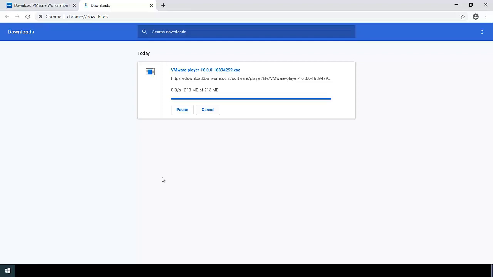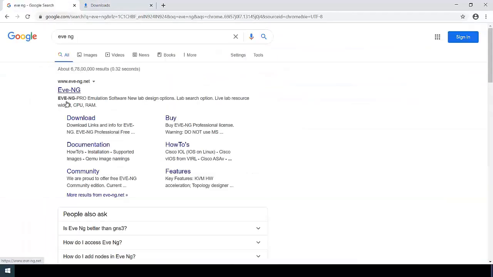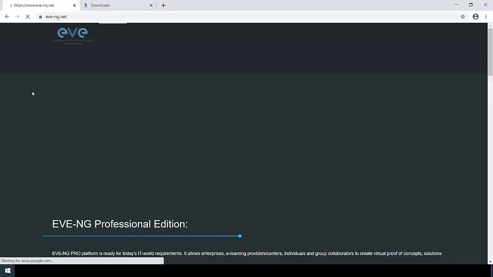Okay, so our VMware player is downloaded. Now we will download Eve. For downloading Eve, we can also go to the Eve official website, that is eveng.net.